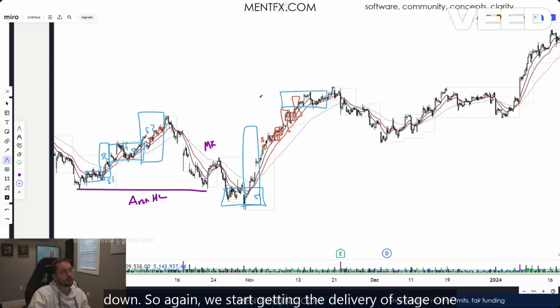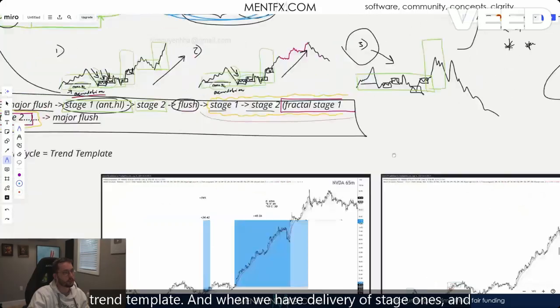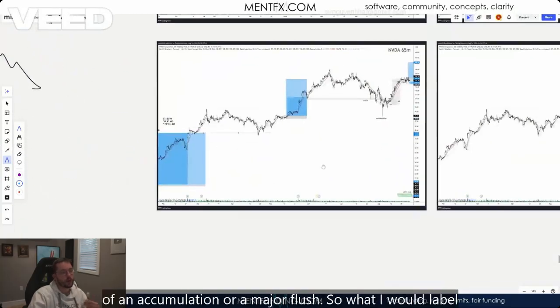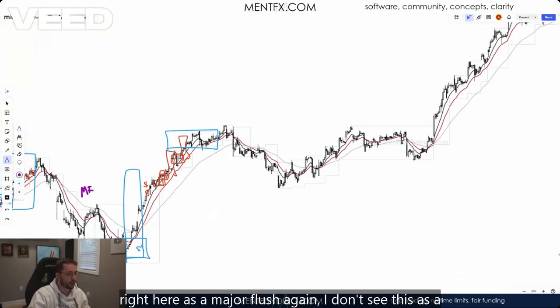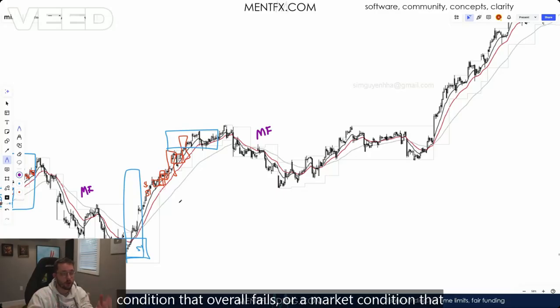So again, we start getting the delivery of stage ones and stage twos, just like we did here for the beginning of the trend template. And when we have delivery of stage ones and stage twos repeated, we understand that the next potential likelihood is either a flush, if it's the starting point of an accumulation, or a major flush. So what I would label this as in this scenario is I would label this thing right here as a major flush again. I don't see this as a minor flush of the overall move. I see this move as starting a larger move and then failing down as a major flush, which is good because a major flush can lead to either a market condition that overall fails or a market condition that creates